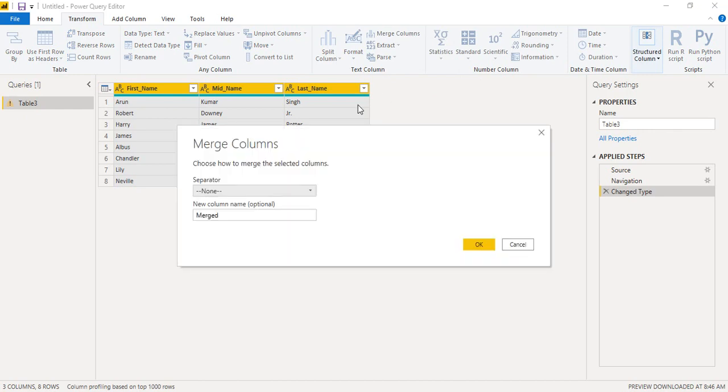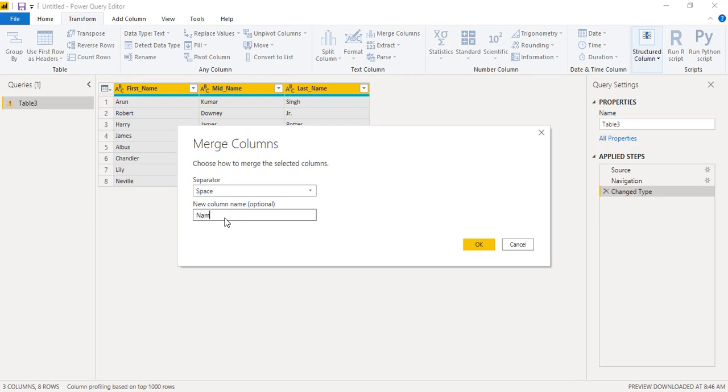And then what you see is that you need to use a separator. Generally a space is a separator, but I'm not sure we have space in our data, so let's just go with space. And then the second option, which is optional, is the new column name. If you want to give the newly formed column a name, you can just give it.